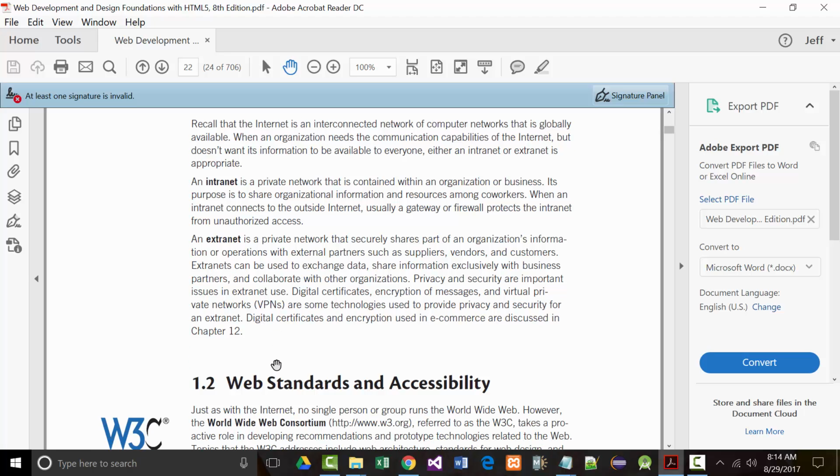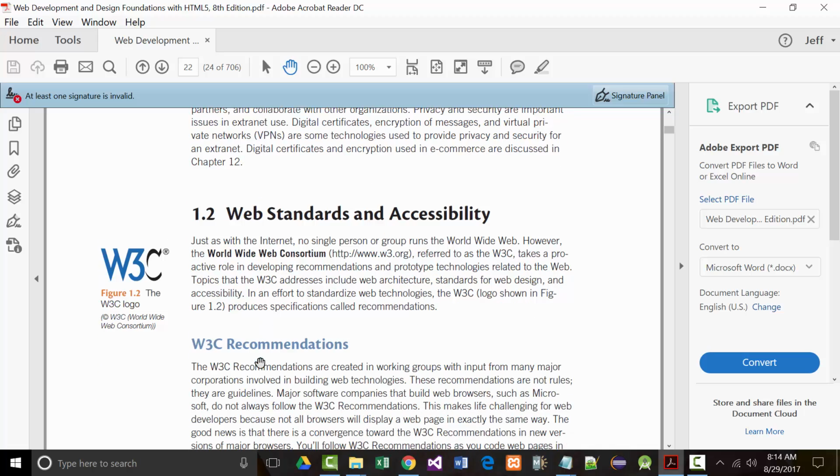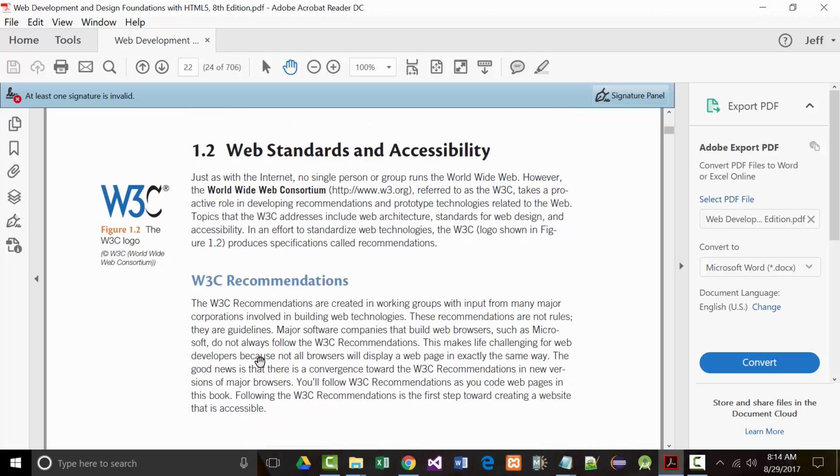All right, so web standards and accessibility. This is unbelievably important today when you talk about accessibility. All right, the idea is anyone should have the right to be able to use the internet. People who are blind. I've actually, not in here, but at the school I used to be at, I had